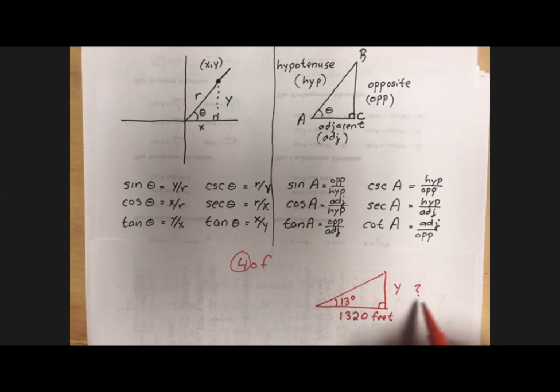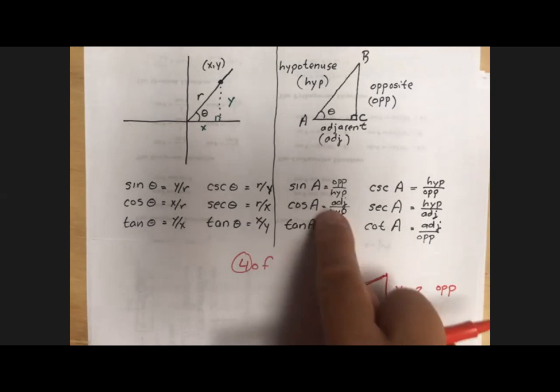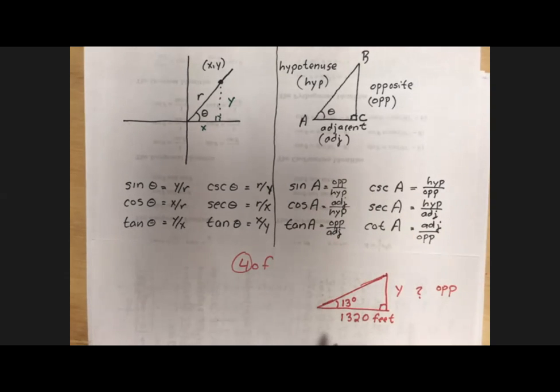The side that you could call Y, the side that you could call the opposite side. See, if you can measure that angle and you can measure that distance, you can know the length of this side. And it's from the right triangle trigonometry. Here's how to do it. The tangent of 13 degrees is, and I'll slide my paper up in a second after I use this, opposite over adjacent. So if the opposite side is called Y and the adjacent side is called 1320,